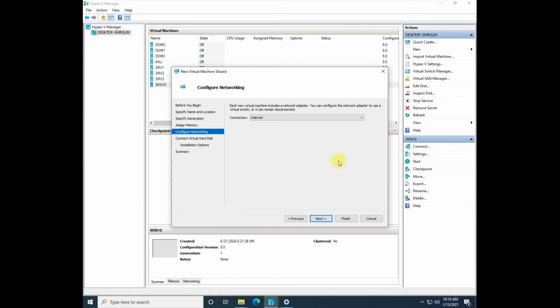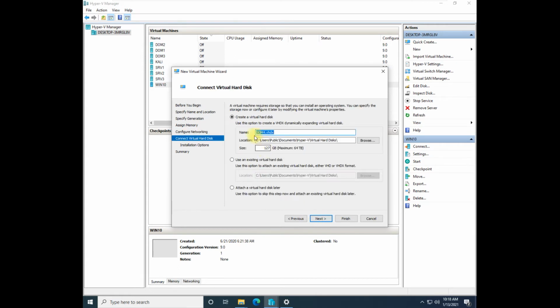I'm defining 50 GB storage. The name is exactly the same as I want, and then I'll go to the next section. Over here we have to select this option. We have to select the image also. This is the image of 2019.